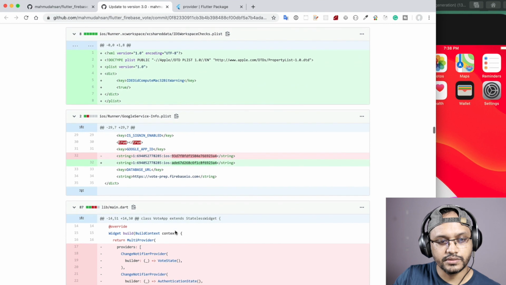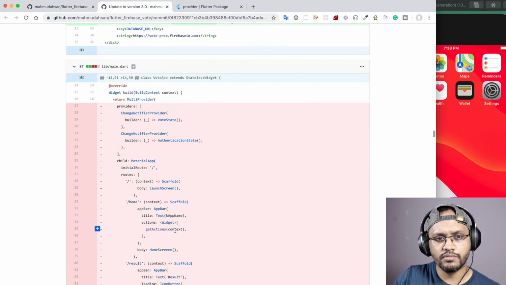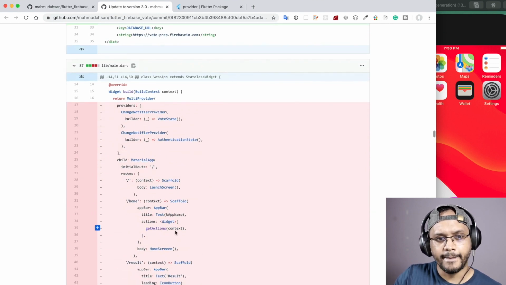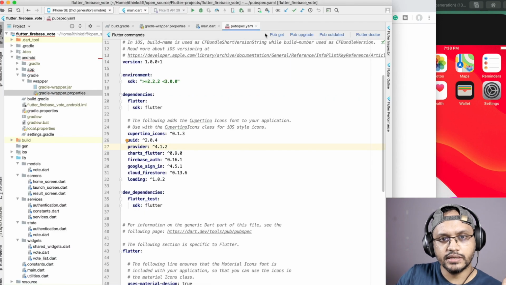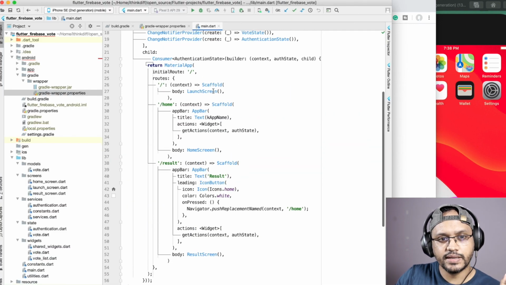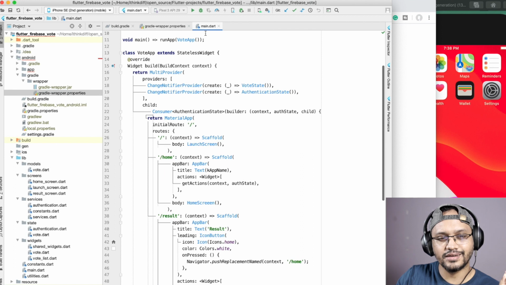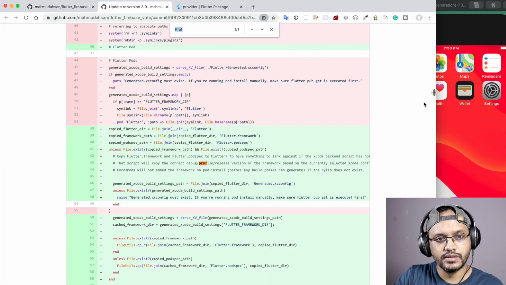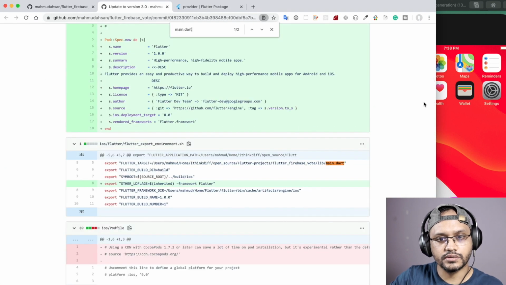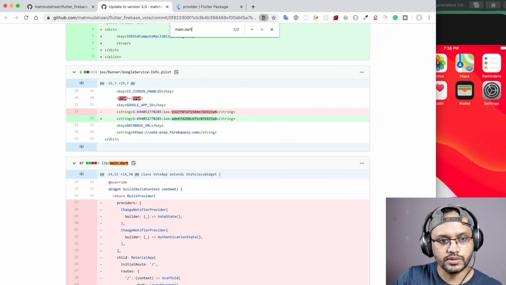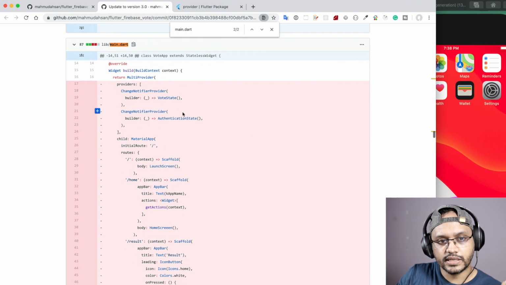Let's come a bit down. All right, so now here first I want to tell you that if you see the main.dart file, and if I search here main.dart, yes, this one. Previously, if you notice, I was using providers with the revive and builder.